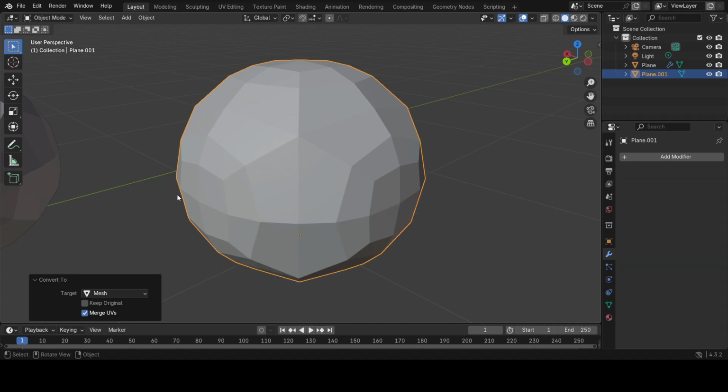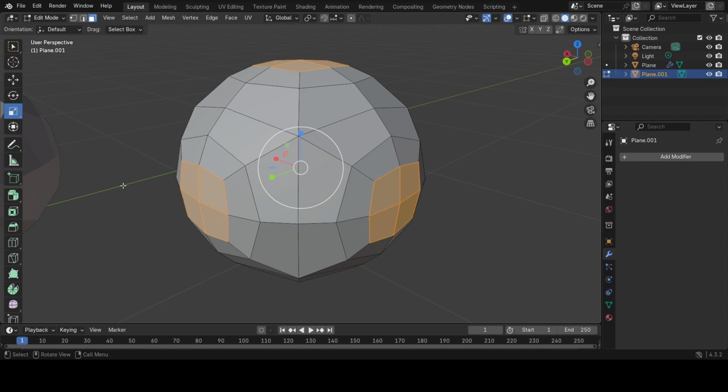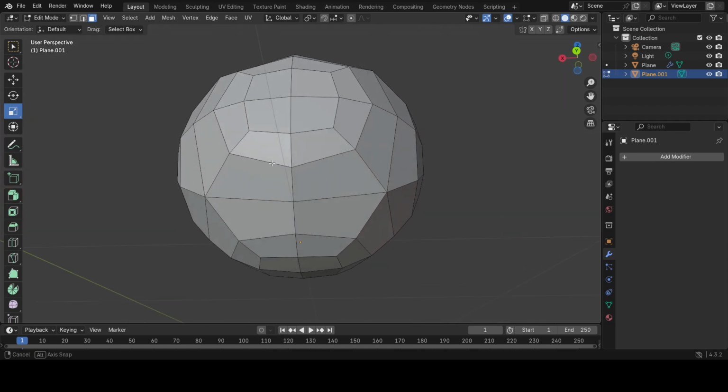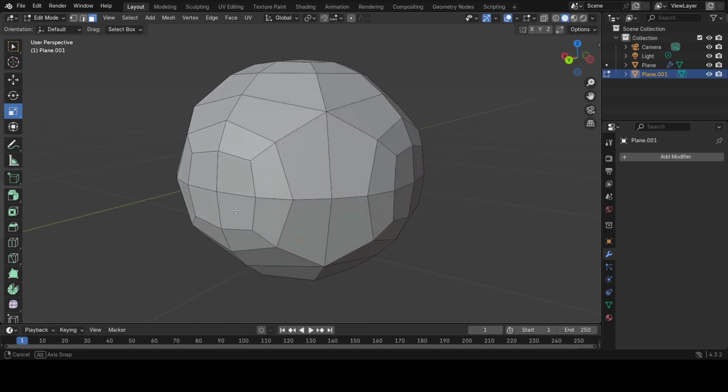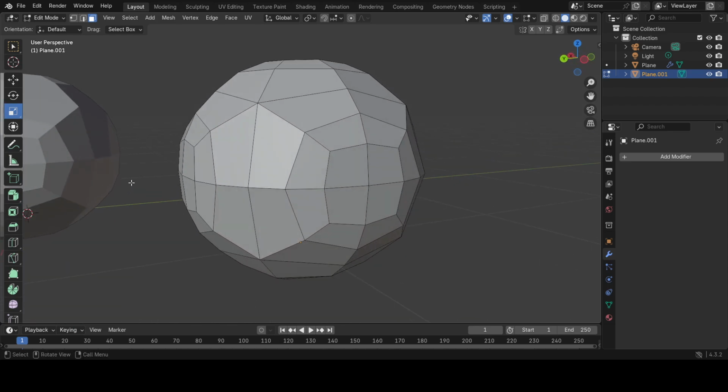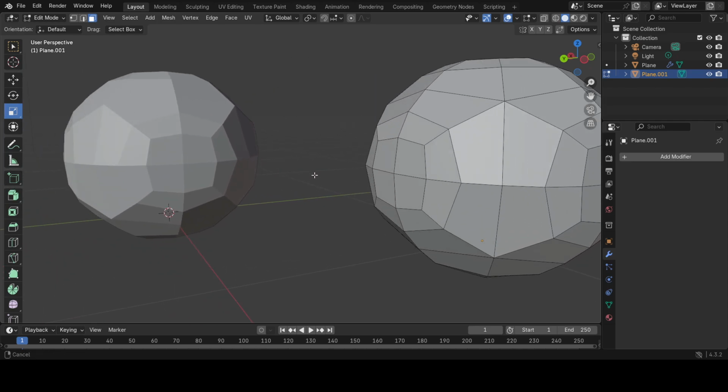By doing that, what happens now is that if we go to this level, which is the edit mode, now you can see that we are actually at that same level as what we had before. And if I click on this guy over here, the original one,